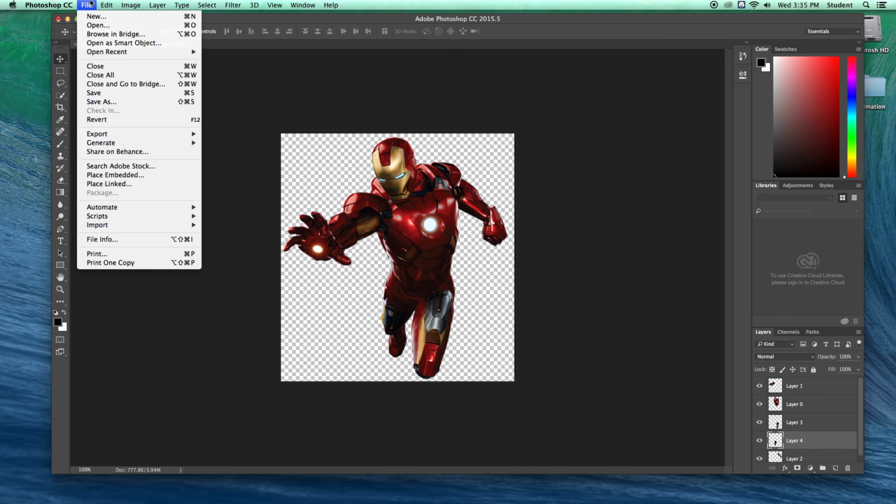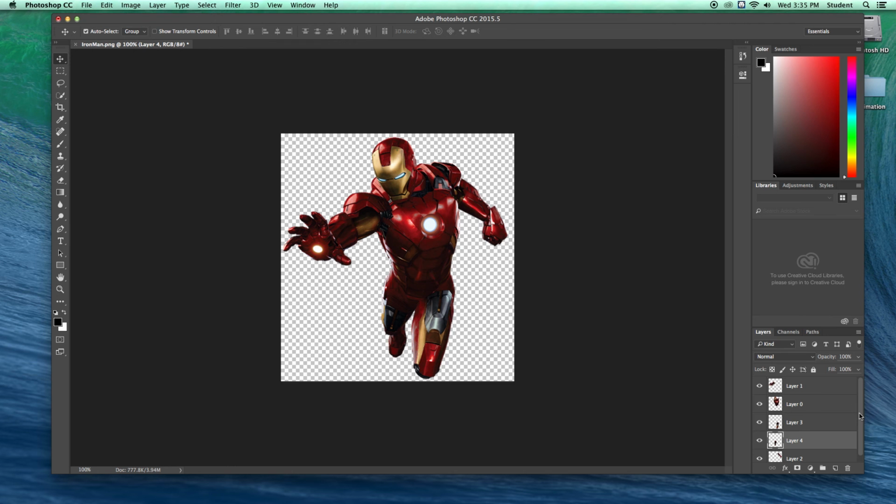Let me save this. Before I do that, actually I should come over here and rename my layers. So this is my right arm. This is my left leg. Right leg. Body. And left arm. Once again, I could cut out other parts like his head and put that on